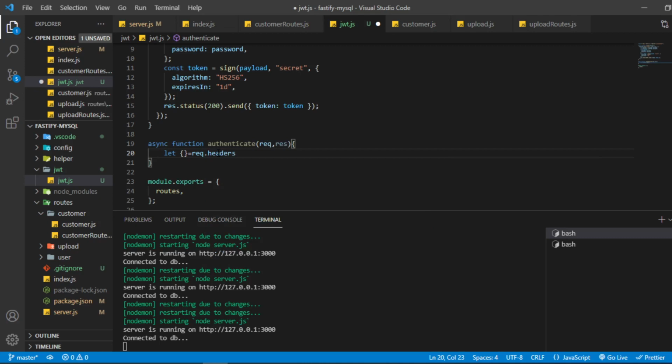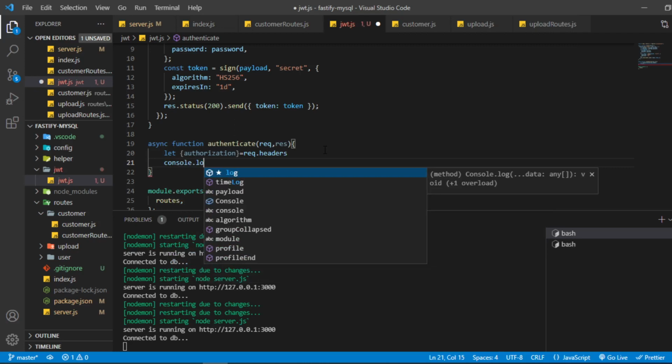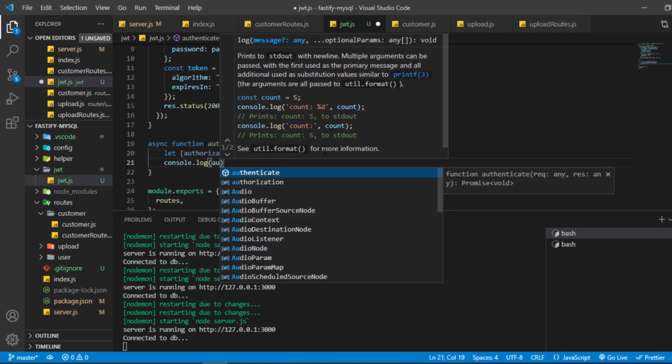In this header we will be getting the authorization, and we can get that authorization like this. And then what we will do, we will simply first console.log authorization to see whether we are getting it or not.